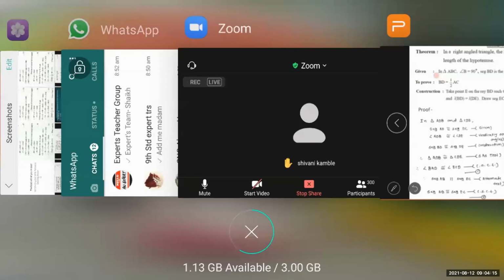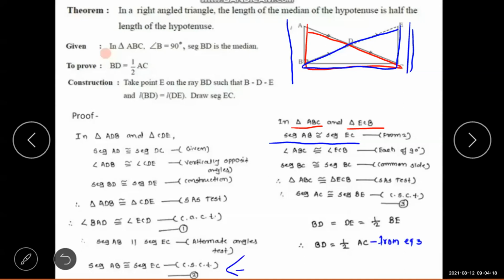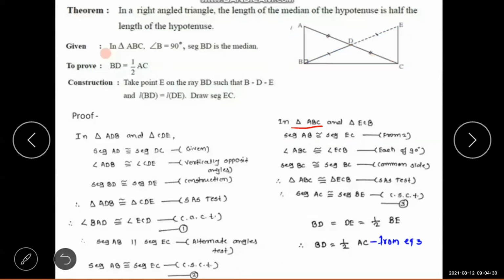Yes. Why? Because of equation 2. So here the reason is from equation 2. Now see the angle ABC, that means angle B, and angle ECB, that means angle C. Here ABC, that means this right angle, and angle ECB, that means this 90-degree angle. As both are of equal measure, measuring 90 degrees, those are also congruent to each other.